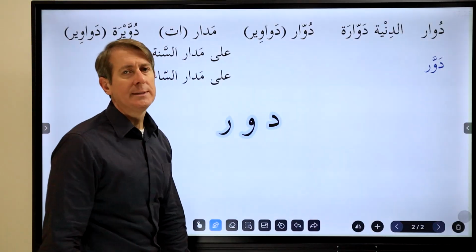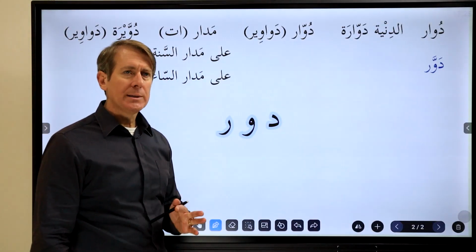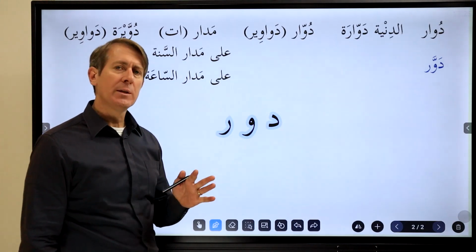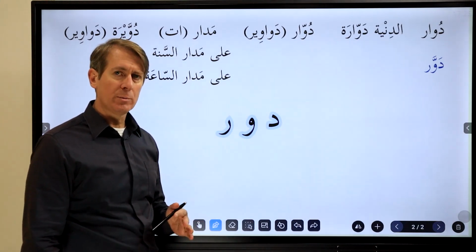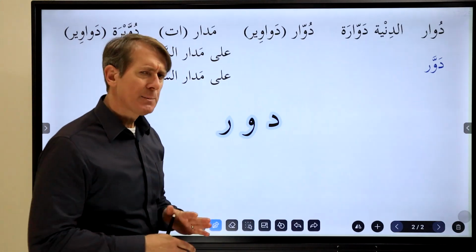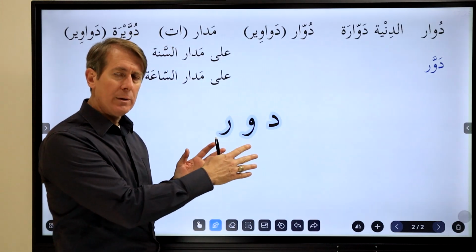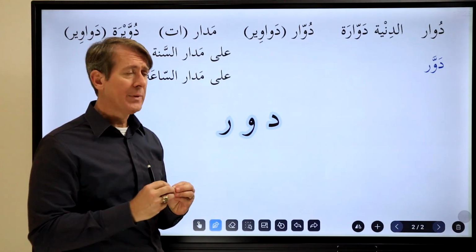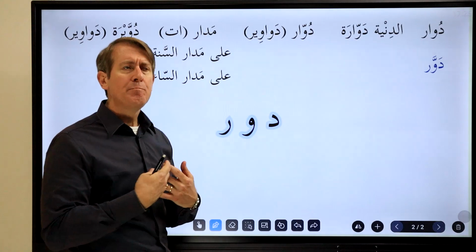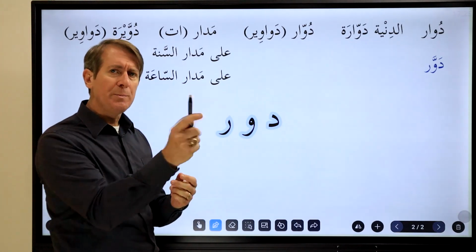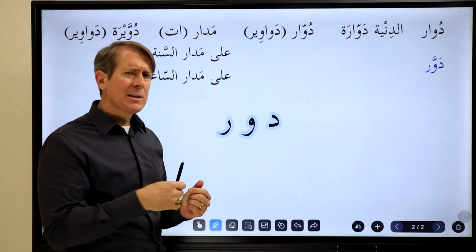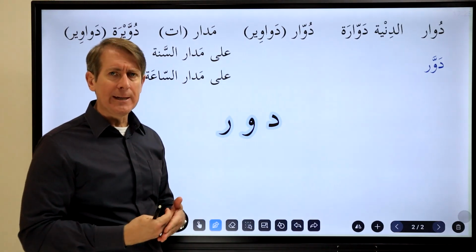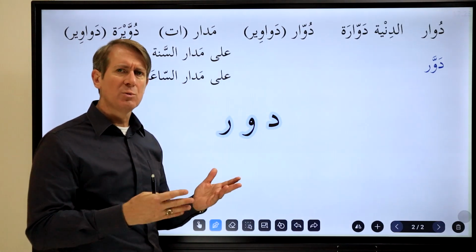All right, so the next one, finally, we are now getting to Form 2, dawar. Dawar is a very important verb. It's in the 101 most used verbs in my book. However, not specifically this one; dawar ala is in there. Dawar itself just means he made someone or something spin or rotate. It's not really used so much in Ammiya. It's used more in Fusha.